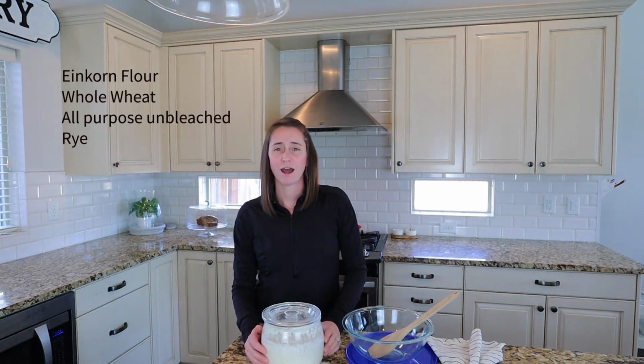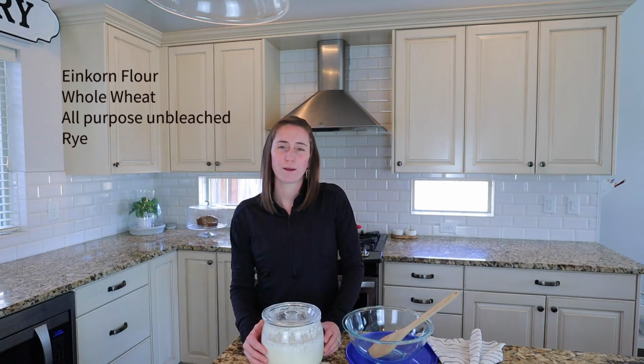So I've added in einkorn flour before. It is a really nice substitute if you don't have unbleached. You can add in whole wheat flour, you can add in rye flour. I just wouldn't recommend doing any kind of a bleached flour. That's a definite no in the world of sourdough. Okay, so let's talk about